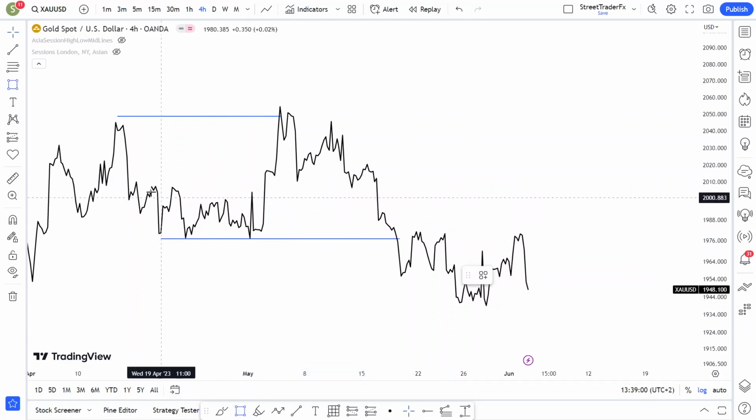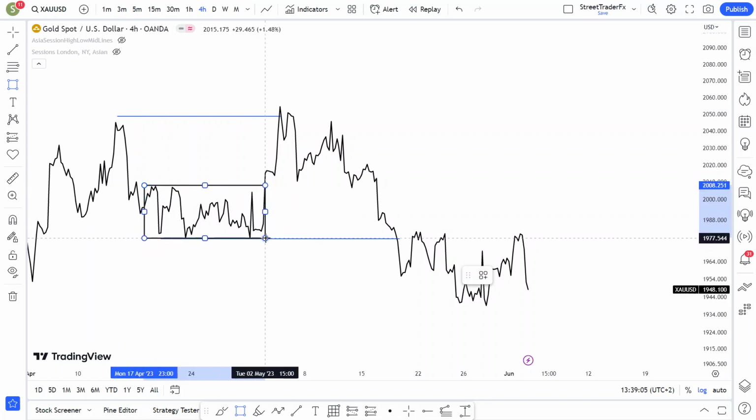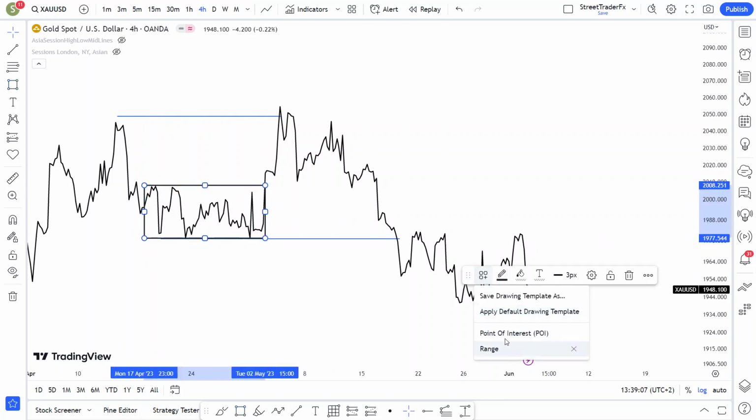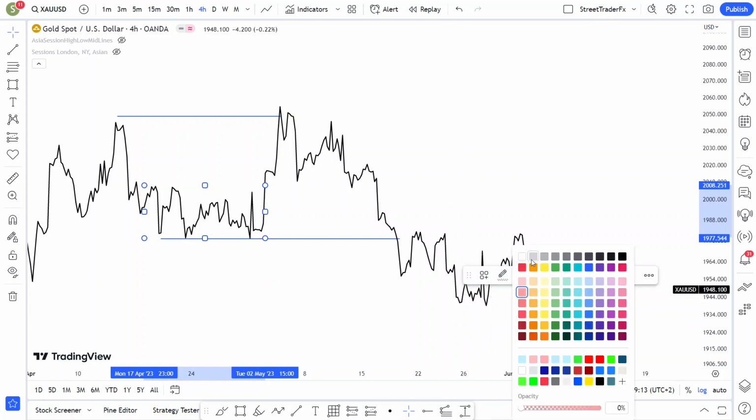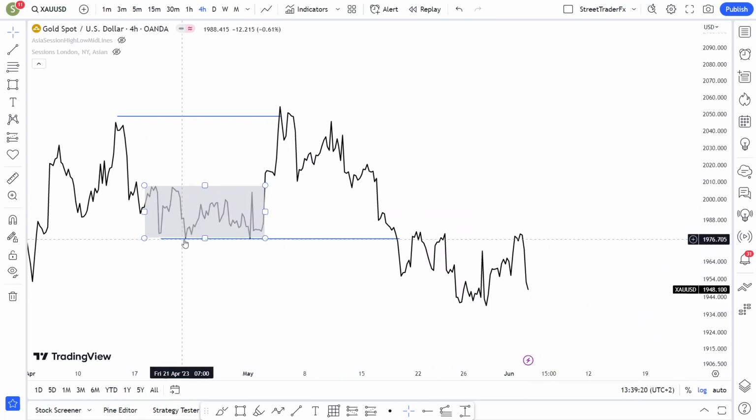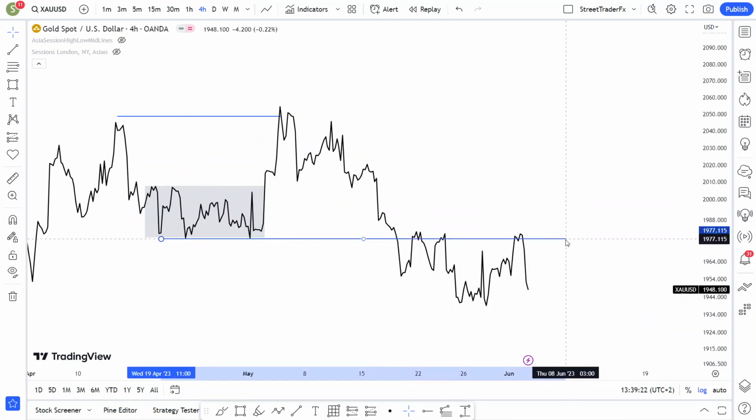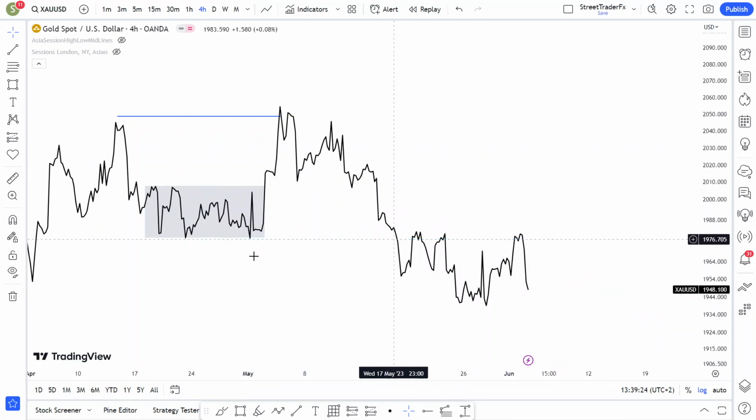So maybe that's one thing that we need to add in as the rules of using this method, right? Have a little bit of consolidation right there, and then we wait for price to react to this resistance level right here, and then it needs to show us,